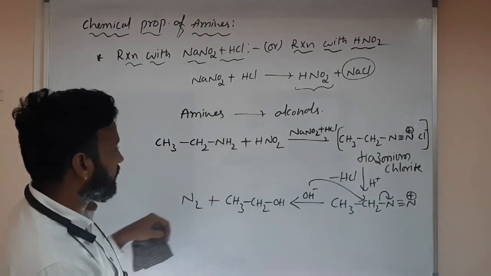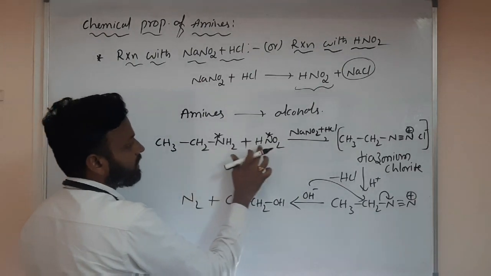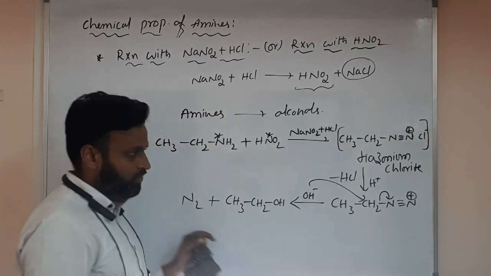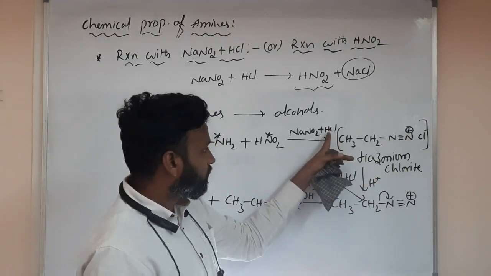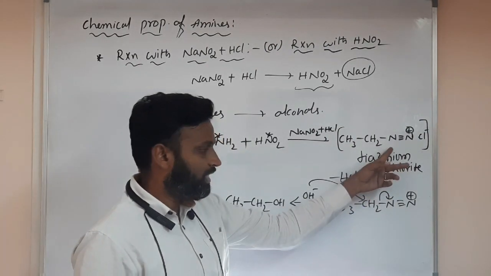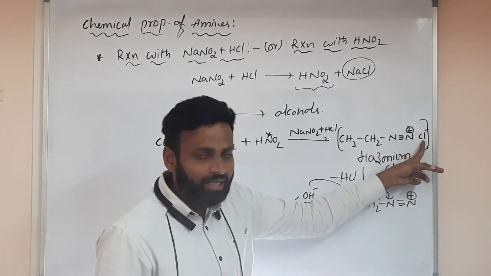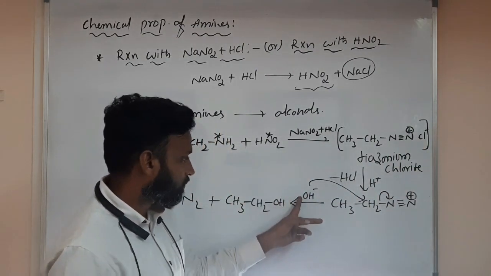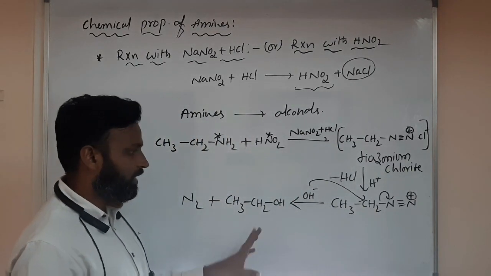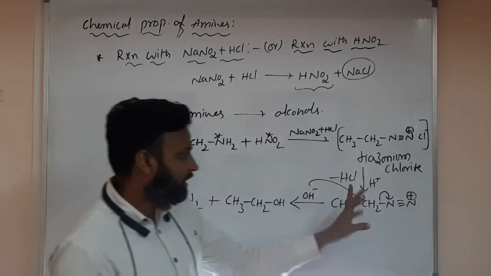So the diazonium salt is the intermediate. This nitrogen and this nitrogen will combine: CH3CH2N2 plus and Cl minus. Afterwards, this H plus is there, no? This H plus again absorbs its chlorine. First, diazonium chloride is the intermediate product. So this H plus will take this Cl minus, so HCl is gone. Then OH minus nucleophile attacks, and N2 is gone. N2, nitrogen, was removed. Understanding everyone? So here this bond will break completely.